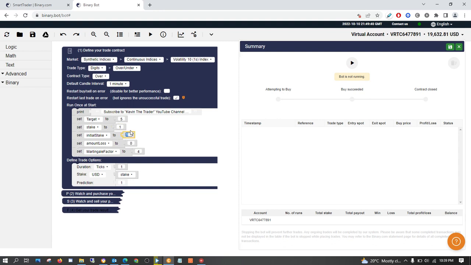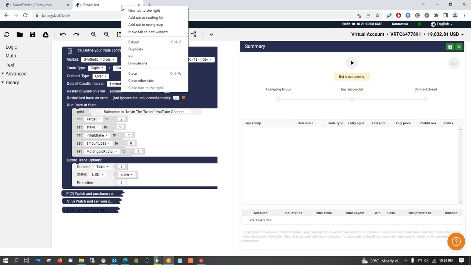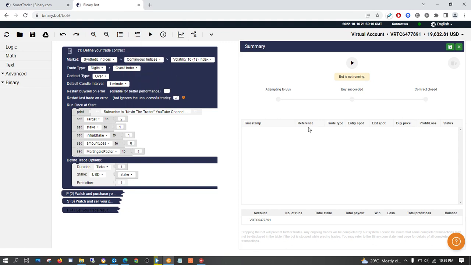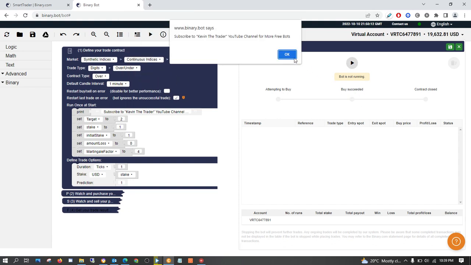This one should just be the same here, okay? So a duration of ticks, you leave it here, and this one you leave it the way it is. Now I'm just going to show you how this bot is working and how you can take profit each and every time, okay? Now let's start with the target profit of 2, okay? Let's not go 5 first. We start with the target profit of 2, and let's trade, and you see what is happening, okay? So let's go.